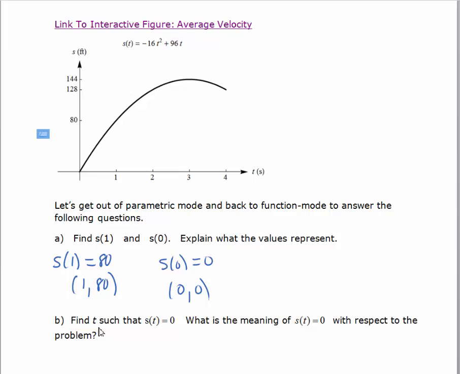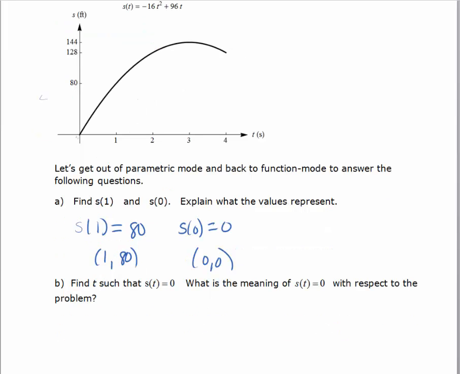The next question says find t such that s of t equals 0, and what would be the meaning of s of t equals 0? It means that the height, or the position of the ball, is 0, meaning the height above the ground is 0. We know that happens when t equals 0, so we already have that ordered pair. What we want to find out is when is that going to happen again. So we figure that out